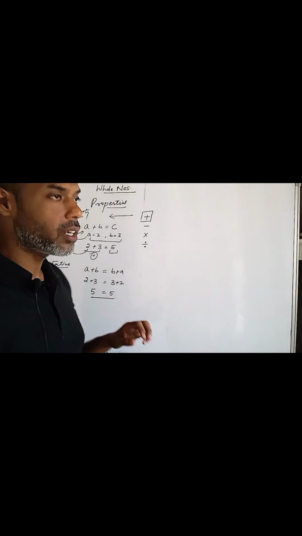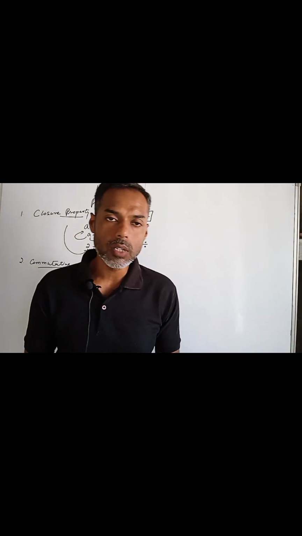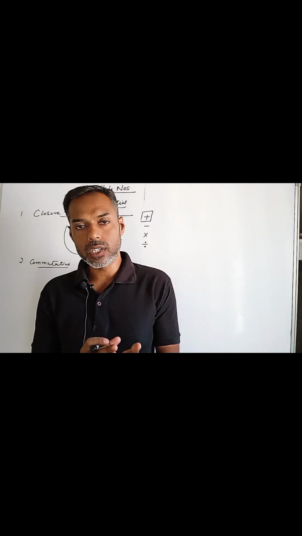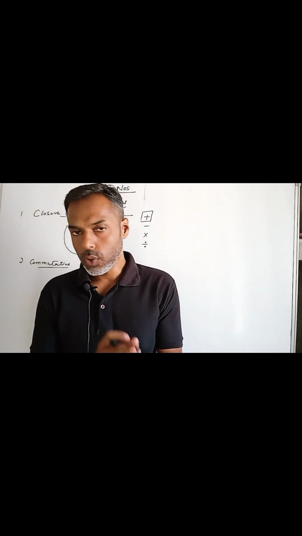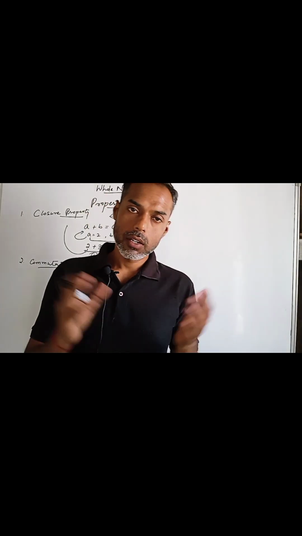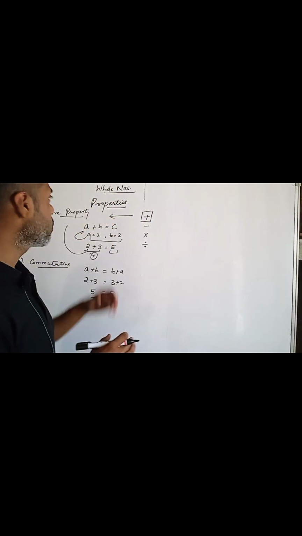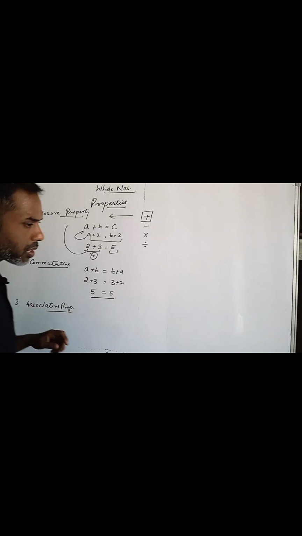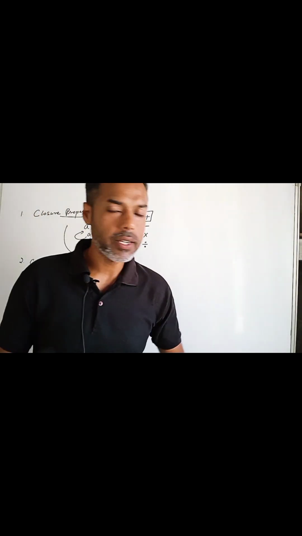So we can say that while doing addition in whole numbers, changing the order of the numbers will not change our result. So we can say that the commutative property in addition is applicable in the case of whole numbers. Then we have associative property. Associative property means it will say that